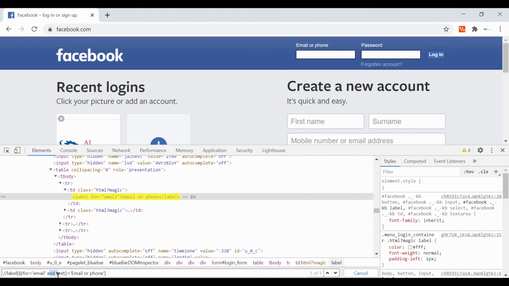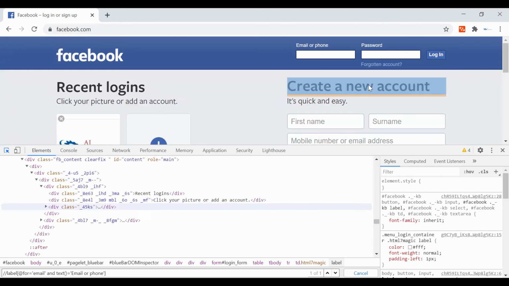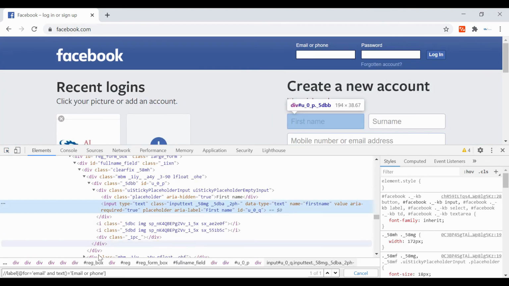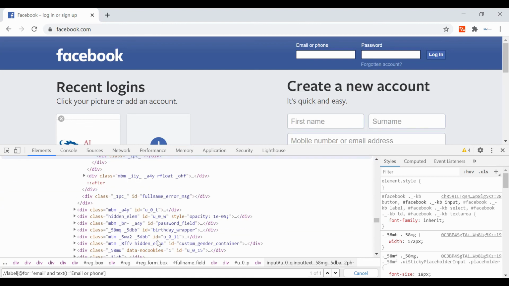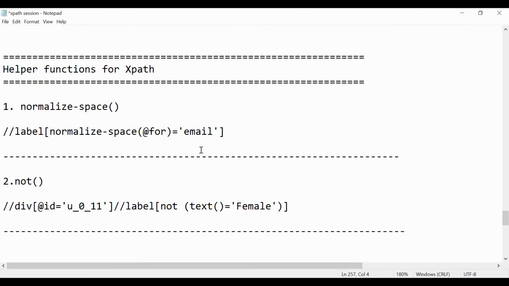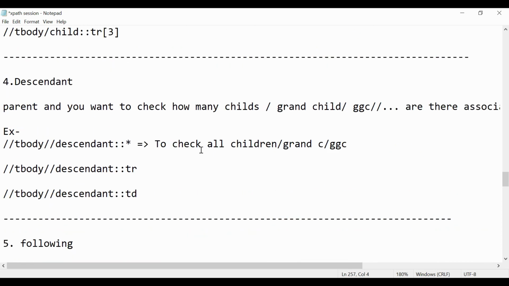Okay, so not only with text and attribute, you can use AND with @id, with name. All the combinations that we have already seen previously, also with the contains function. Okay, the contains function, what we have seen already. So with all these functions we will be able to use AND and OR.